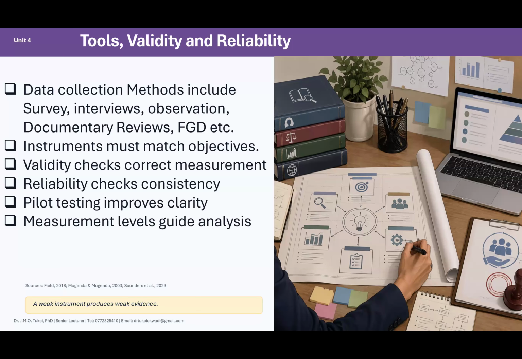But the bottom line is they wanted to know why he had reversed the 5 Likert points. Strongly agree should carry a 5, and strongly disagree was supposed to carry 1, but he put it as 5. That student failed to defend at that time and was given 6 months to repeat, rewriting everything. Colleagues, I'll repeat this: a weak instrument produces weak evidence, regardless of the software used later.